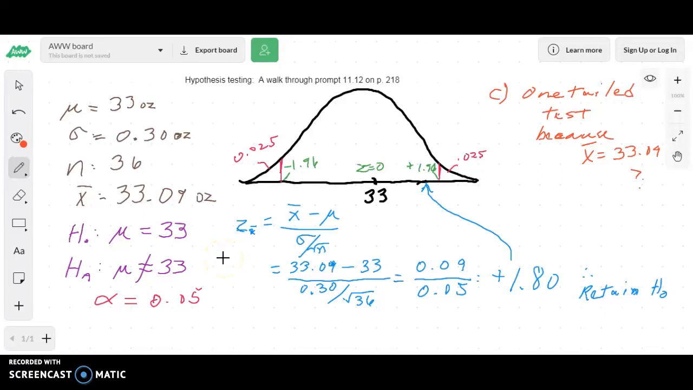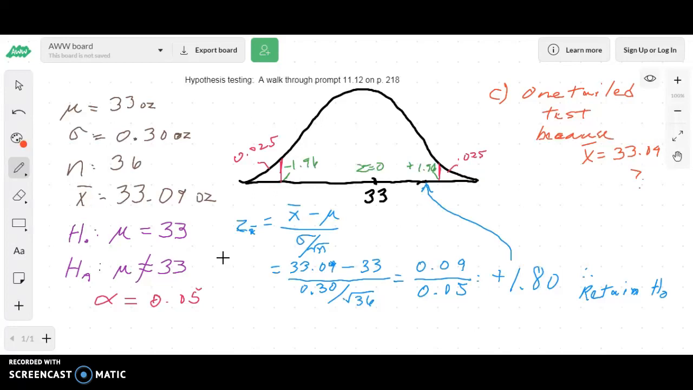Hello, in this screencast, we're going to walk through the process of completing number 11.12 on page 218 from our text. This problem starts off a little vague, so you have to read and think a little bit about what's